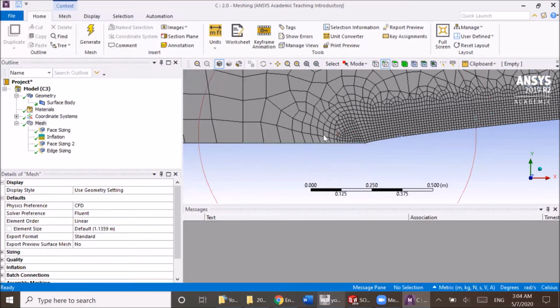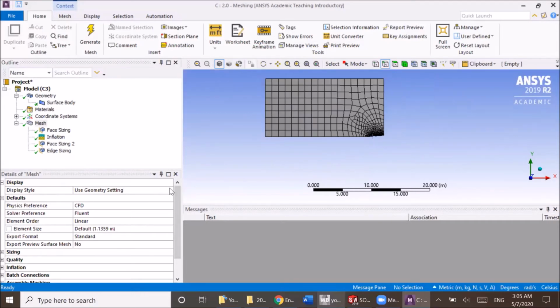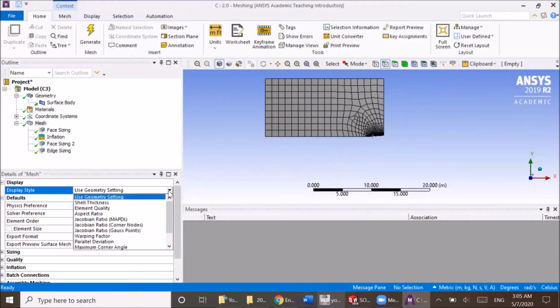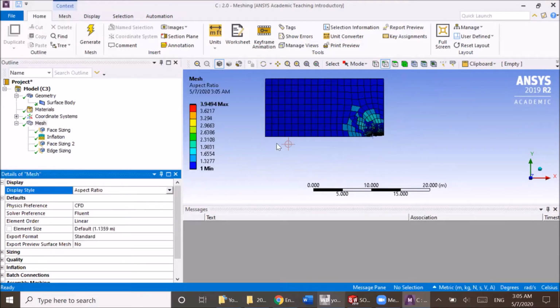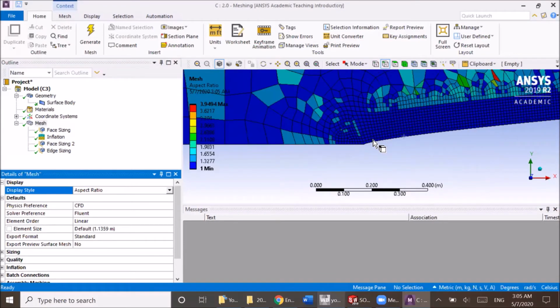So two metrics you want to watch out for when you are running supersonic flow simulations are the aspect ratio as well as the skewness. So to check your aspect ratio, just go to mesh. Then from the drop-down menu, select aspect ratio. And in here, the ANSYS Fluent guide recommends that you keep it below 35. However, when it comes to the boundary layer region, try to keep it less than 5. So in here, you can see that using this option, I was able to get something very close to 1,